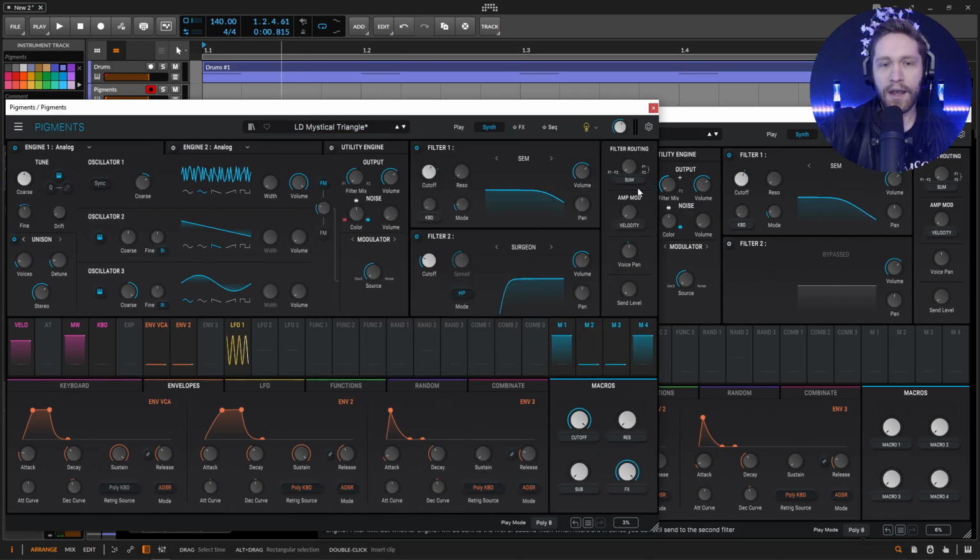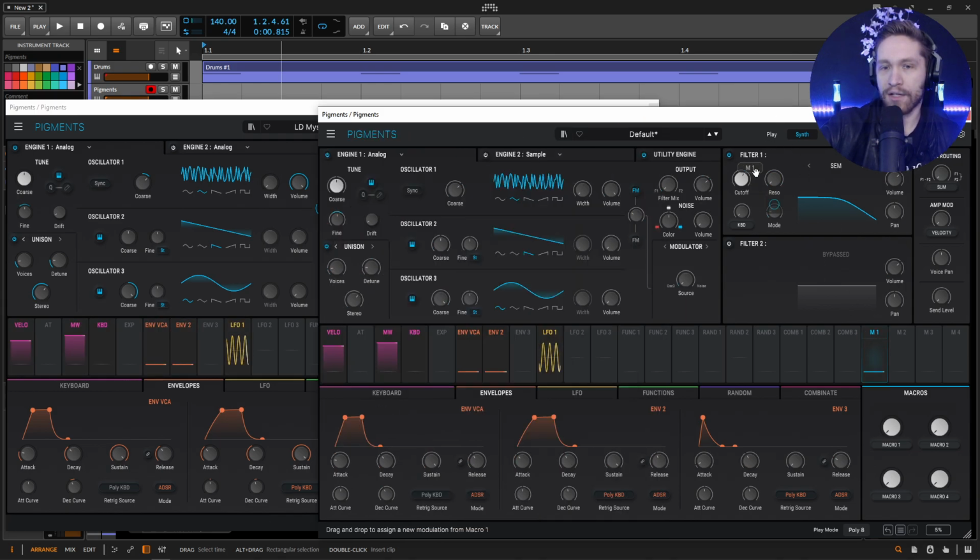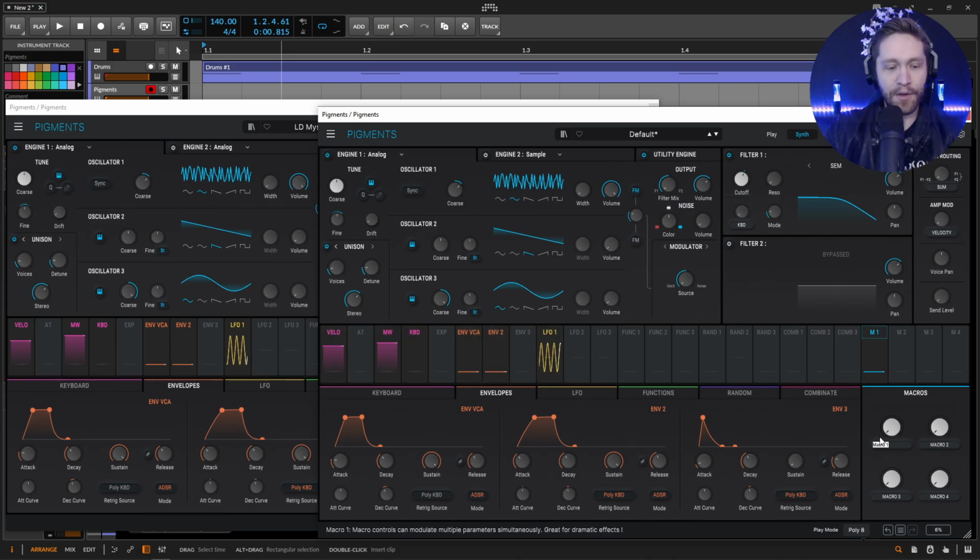Okay, so now since we're here in the filter, let's do these first two macros. This first one is going to be the cutoff, right? We drag and drop this, and this is going to be 0.19. So we can drag and drop this and bring this down to 0.19, something like that. And then also label this as cutoff. And then we also want to do the resonance, and we can bring this all the way up to